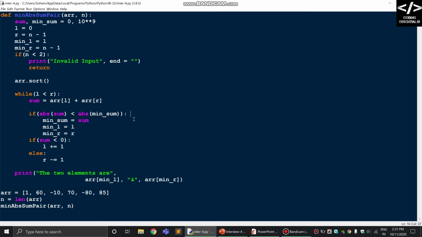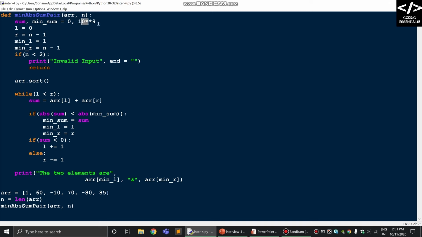So in the first case you need to keep the minimum sum as great as possible, because it is the default value and we need to change it to the absolute sum value. So any value from the 0th index and the n-1th index should be less than the default value. That's why we keep 10 raised to 9.